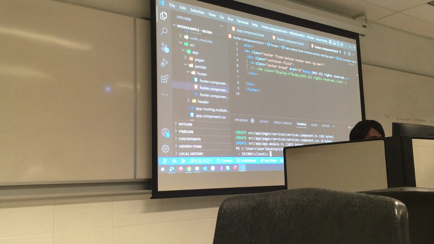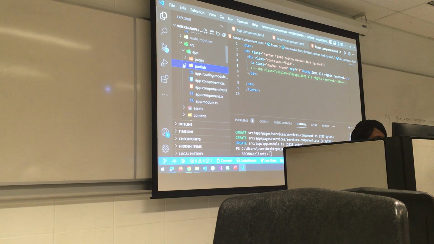So we are going to create the routes for all of these pages that we have created. To do that, if we go to the partials folder, we click on the partials folder, we have the app routing module.